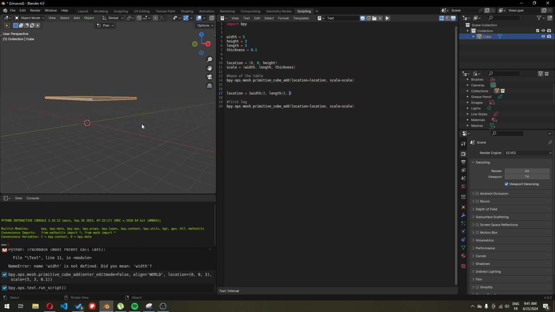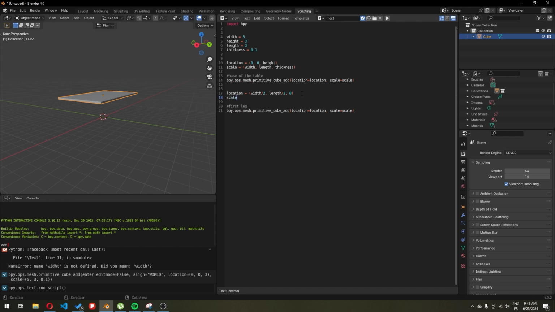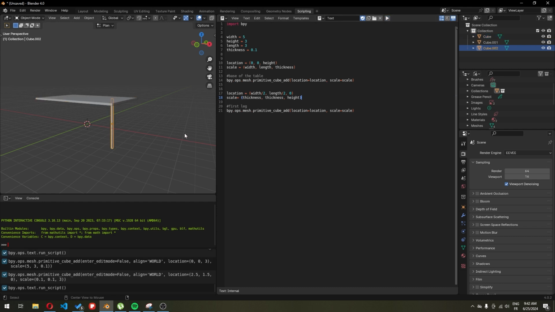The z value, let's just have it at 0 for now, and then we're gonna figure out how to correct it. So let's do 0, and for the scale, it's gonna be a bit different because we have the leg of the table that has a thickness. So x and y are gonna have the same thickness for now, and a z value of height because we want the leg to be as high as the base of the table. So let's do height. Okay, so let's make sure we don't have any typos and press run. We have this,